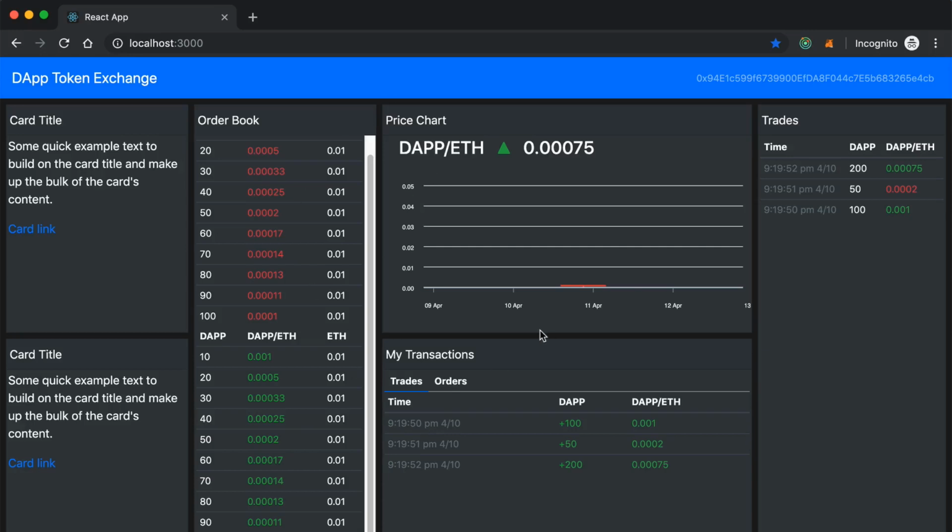Up until this point, we've basically just been fetching data from the blockchain and stashing it in our Redux store. And we've been reading that data out of the Redux store and displaying it in our application, right? We listed the trades, we listed the order book, all of our transactions, and the price chart, right? So now what we want to do is actually move on to the next phase where we're going to be